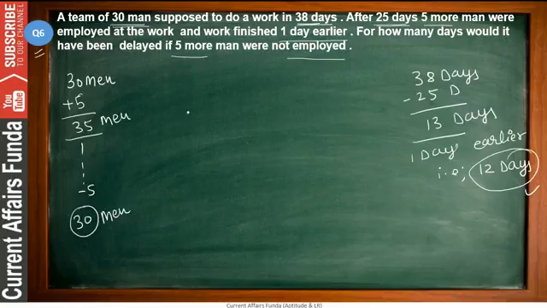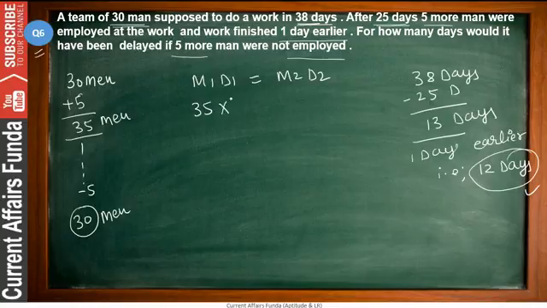Okay, so friends, apply this formula: m1 d1 equals m2 d2. Okay, so in the starting how many men are there? There are basically 35 men. So 35 men will be here. And friends, how many days will be required? Because our work is completed 1 day earlier, that means 12 days are required, so 12 will be here. Okay, and